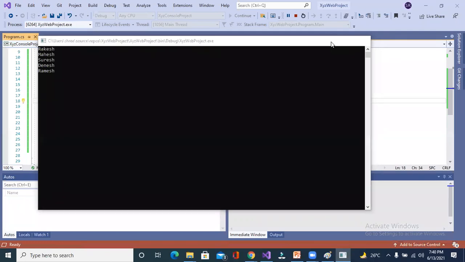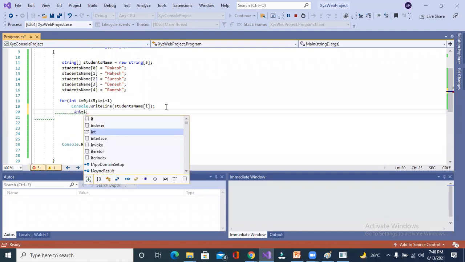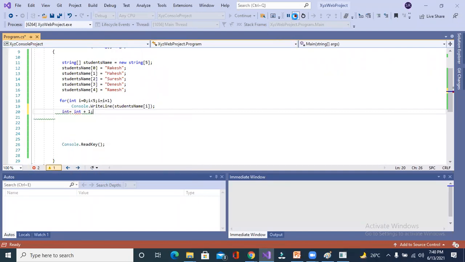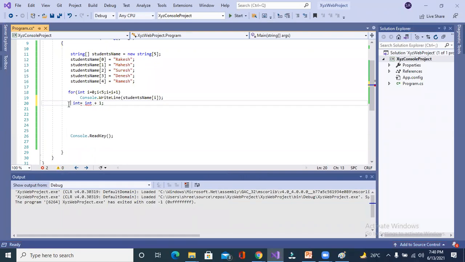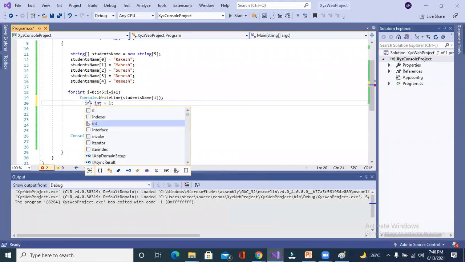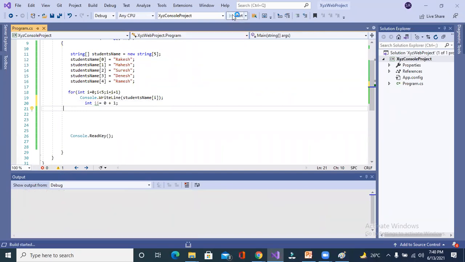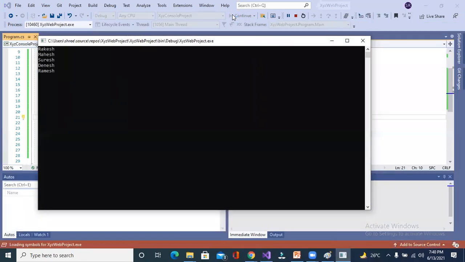Why? If you are writing 2 lines of code, like I added one line more here, and I compile and run this code, you are getting the same result.